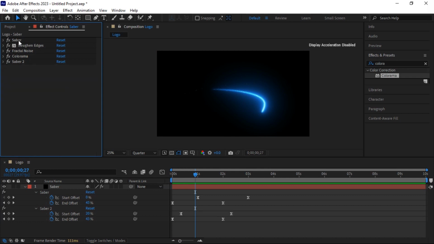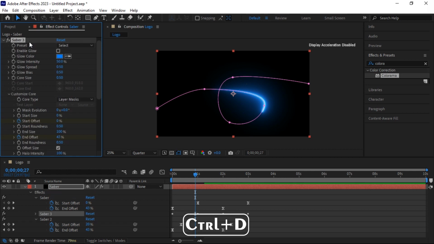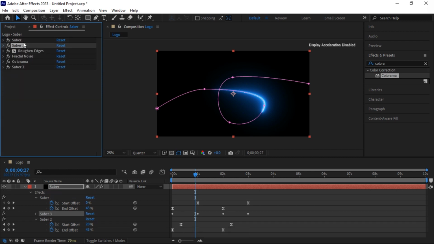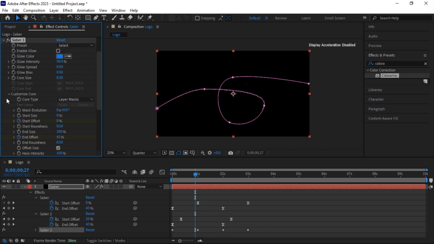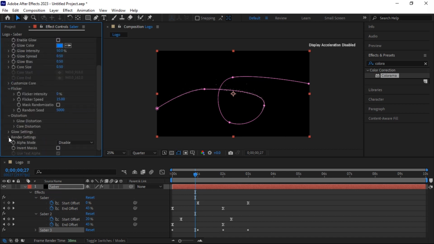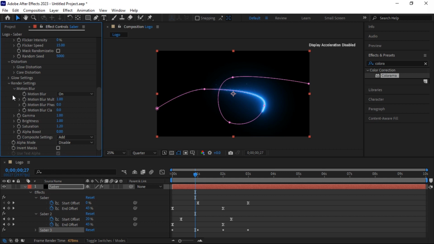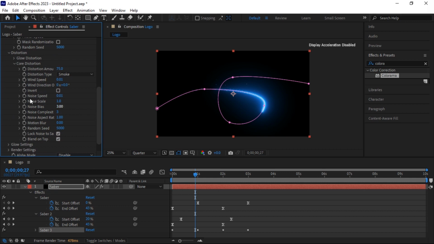Then click on Saber layer and press Ctrl+D on your keyboard to duplicate, and third Saber layer under all layer. Click on Render Setting, Composite Setting to add. Click on Distortion, Core Distortion, Noise Scale to 265, Distortion amount 25%,